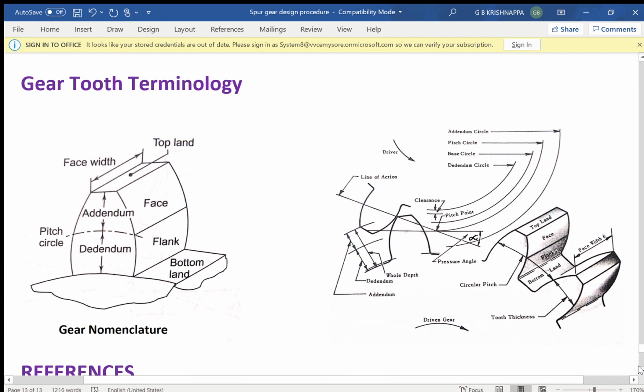So you know that after obtaining a module, you need to calculate addendum, dedendum, etc. Please look at this. What is this addendum, dedendum? Pitch, circular pitch, what you can see here. Here to here it is pitch, circular pitch. That is pi into m. So everything is given here, and the pressure angle also you can see here. So all the gear tooth terminology you can understand.